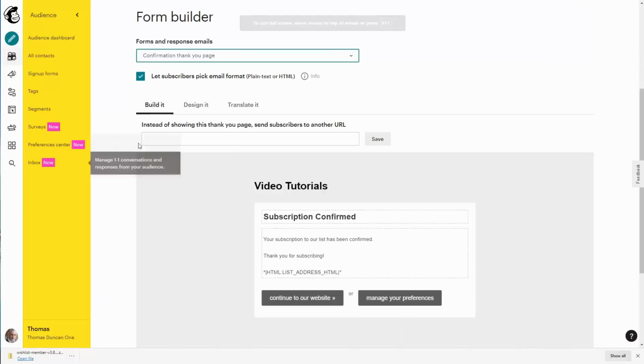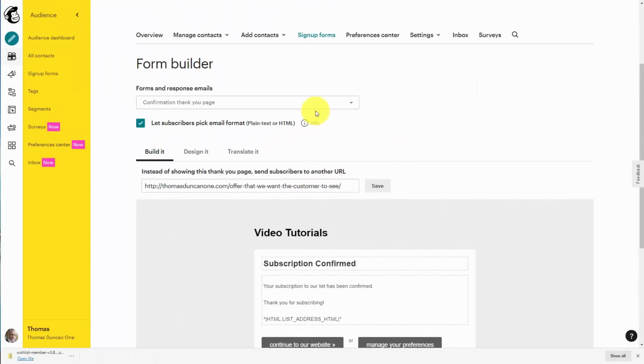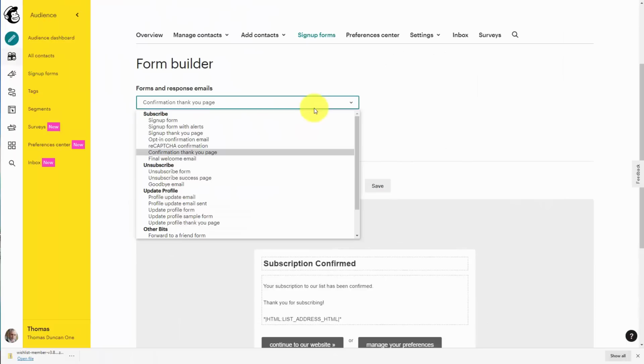And what we're going to do is place that URL here in this box, and we're going to save it. And what we also have control over is the sign up thank you page. So for example, if we go to sign up thank you page,